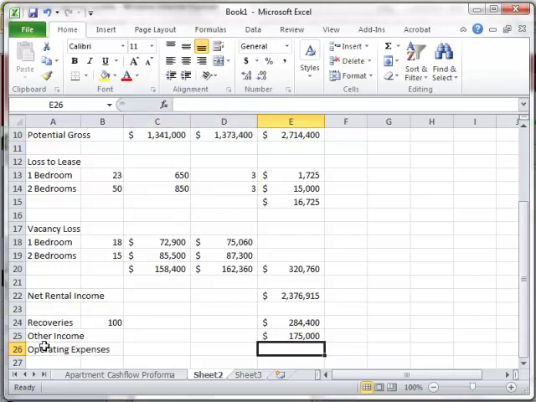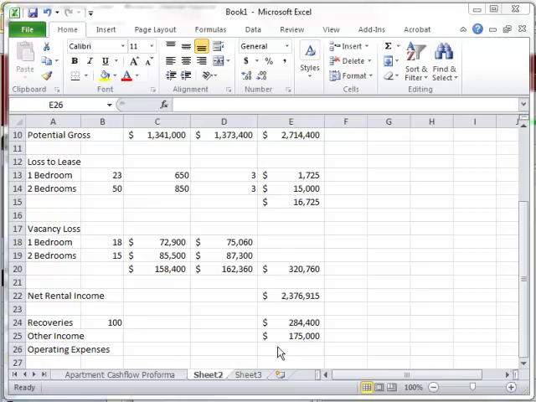And we have our operating expenses. Now operating expenses can be done any number of ways. In this case, since we're just doing it at a very high level summary, we may just come up with a dollar amount of operating expenses, and let's just say that for our rented units, we have operating expenses of